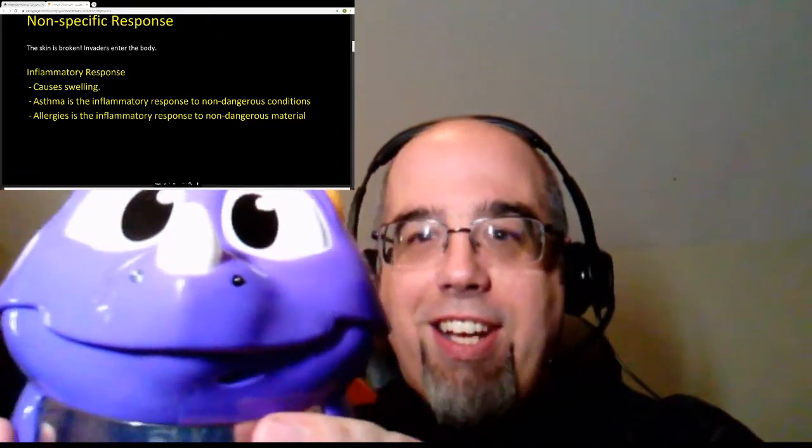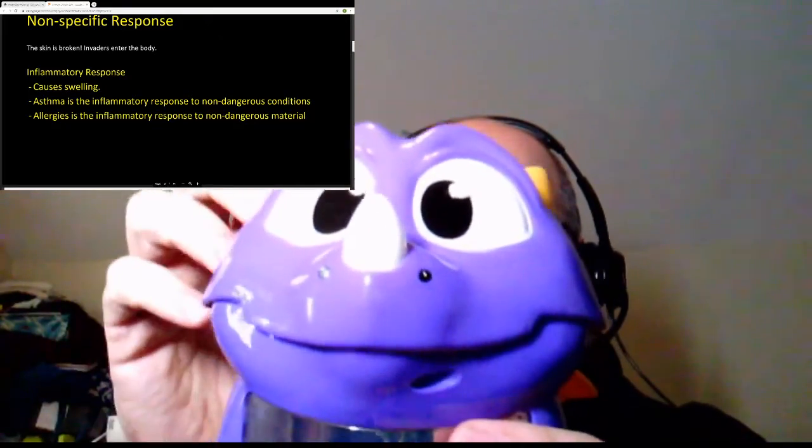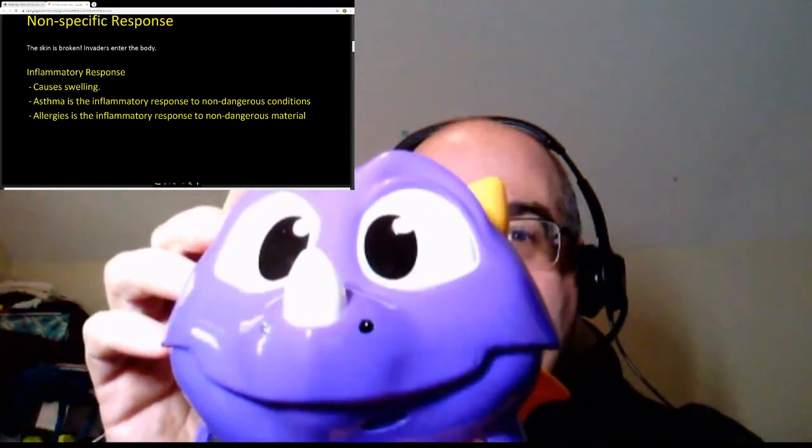This guy's going to help us on the next part. Okay, so let's get on to the specific immune response. Now, this specific immune response, as you can see, is a good deal more complicated, but it's actually only using a couple of different pieces, and I apologize because, wow, this slide did not work well. Letters are where they shouldn't be. No problem. We'll make it work.